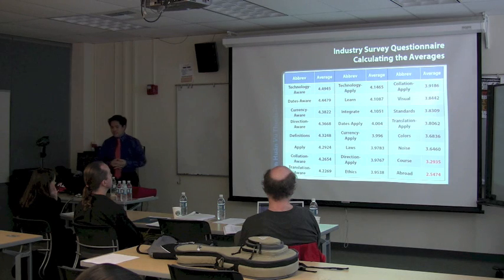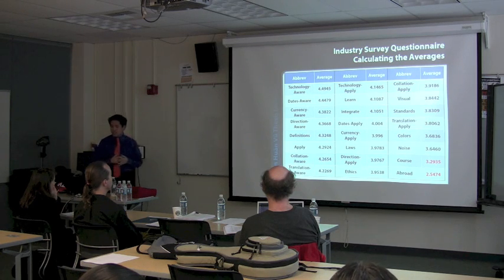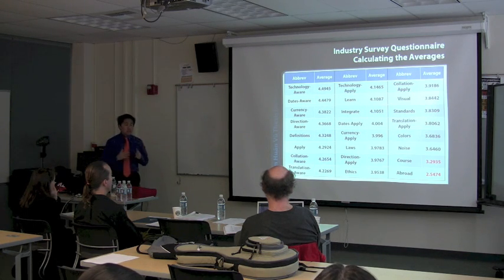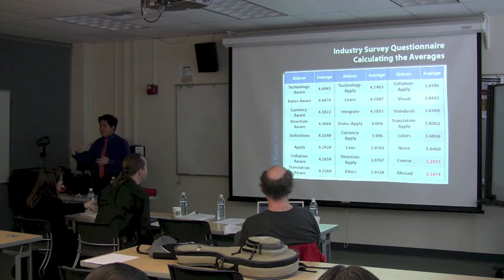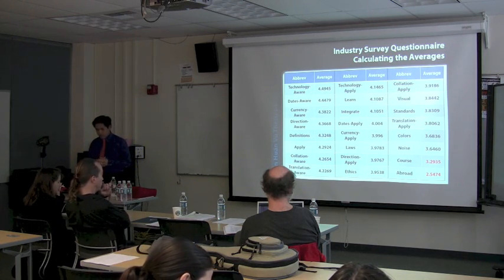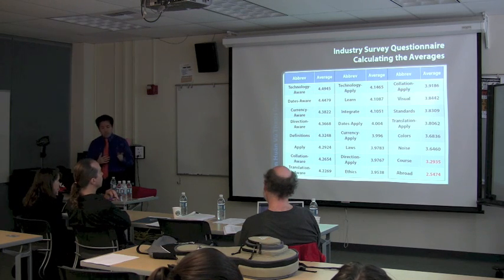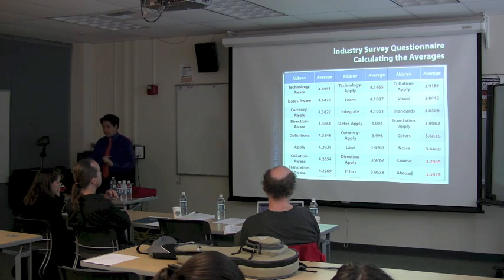Now, the following slides are the data observations and hypothesis tests. And this is the part where I would look at Dr. Chance, and hopefully I'm saying all these correctly. The first one shows the results for calculating the averages for each industry survey statement. Using the Likert scale, where 5 means strongly agree, 4 means somewhat agree, 3 neither, 2 somewhat disagree, and 1 strongly disagree, we're able to calculate the averages for each of the statements.